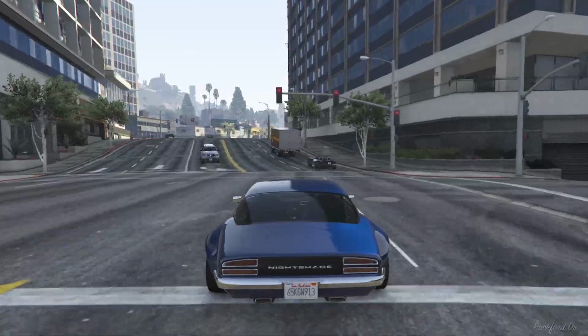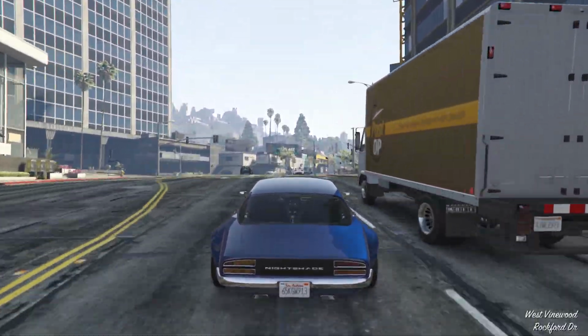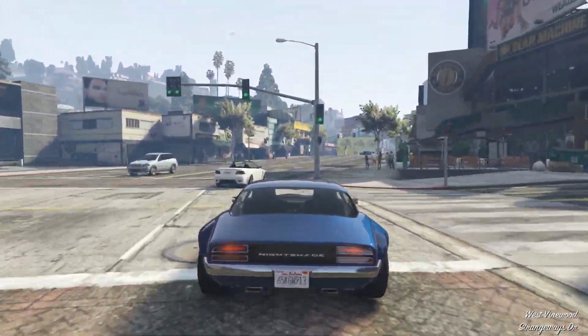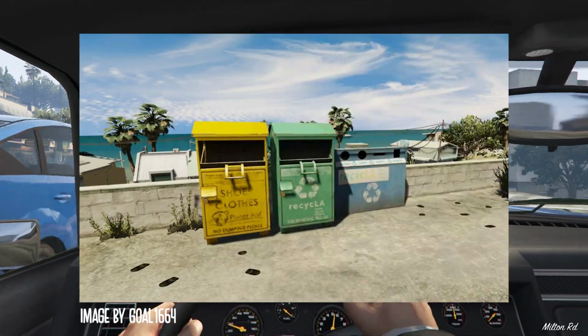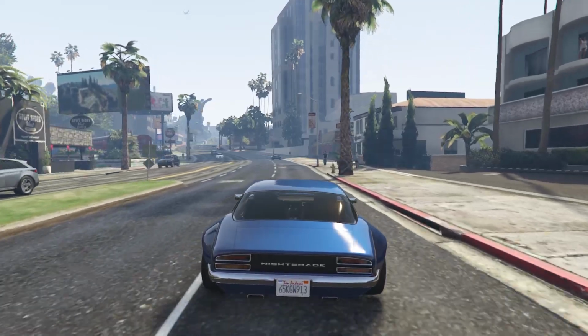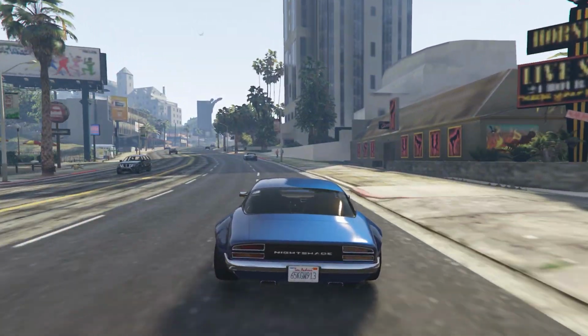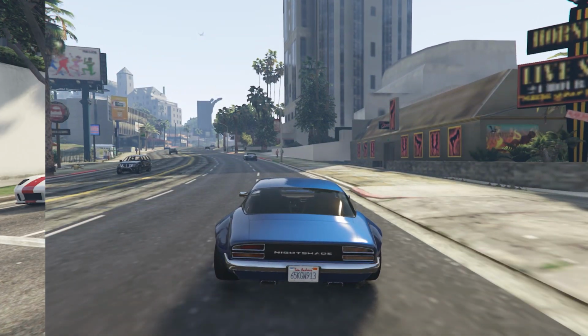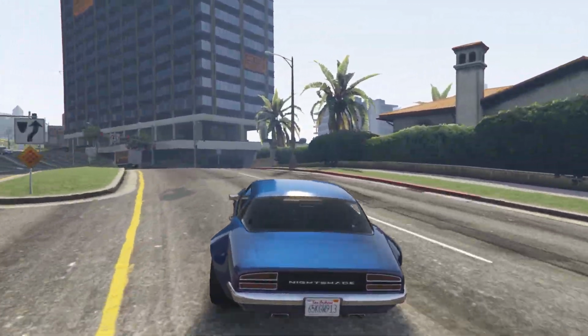With this mod, the game can remember more stuff at once, without slowing down or crashing. It also makes the game load buildings, roads, and objects more smoothly. You might have faced freeze problems in GTA 5, especially in GTA 5 Enhanced, like when you are driving and your game hangs during gameplay. Finally, we can fix that as well, and I will show how to do all that in this video